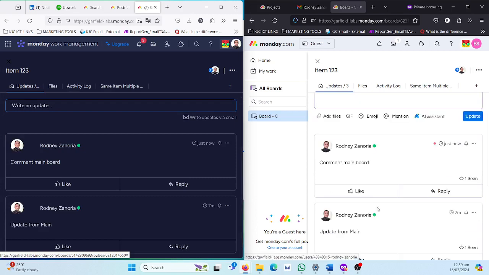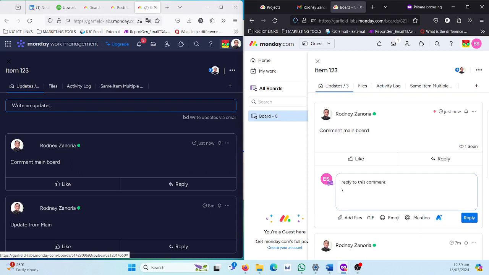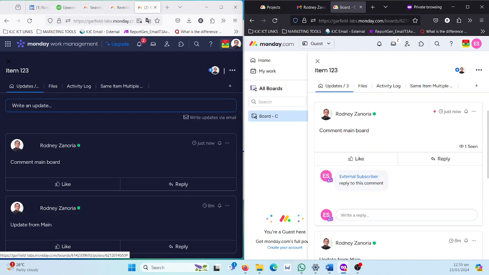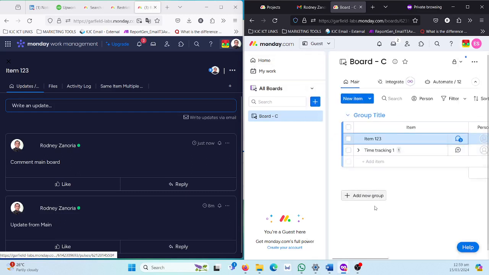All right, and the guest can even reply to this comment, right? And the other guests will be able to interact with each other in the shareable board, without messing up the main boards. So while I am at the update, you can see that you can also comment and it didn't reflect on the main board. Let me show you that even if you are the guest,